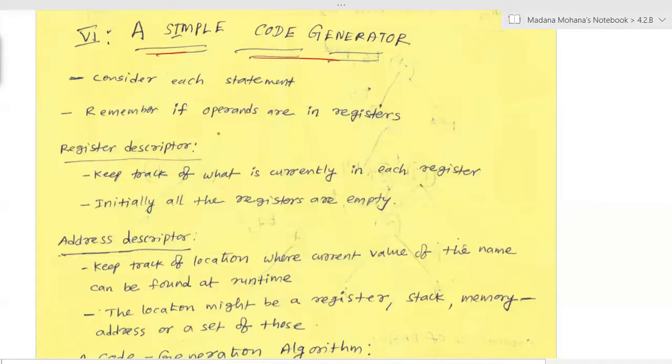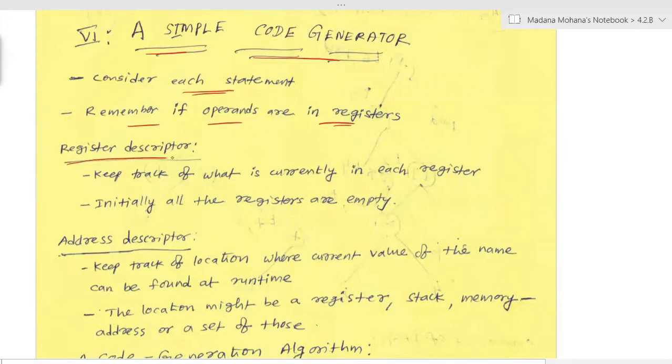Then, how to find out the cost. In our previous lectures, we discussed how to find out the cost for an assembly language program using various addressing modes. The same concept will be used here. Now, a simple code generator considers each statement and remembers whether operands are in registers. Here two important